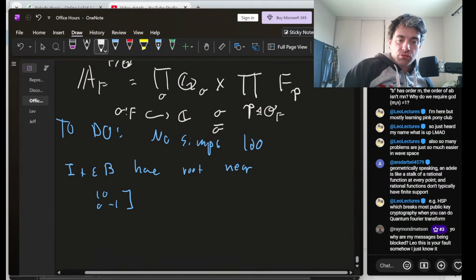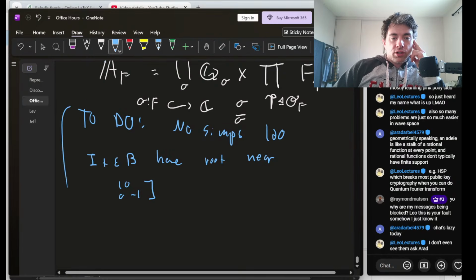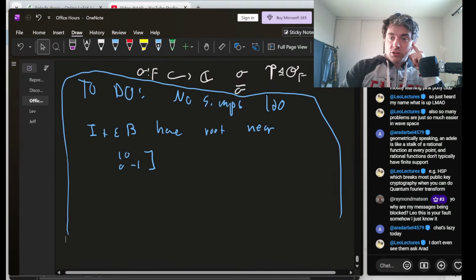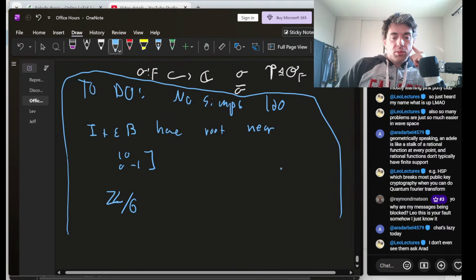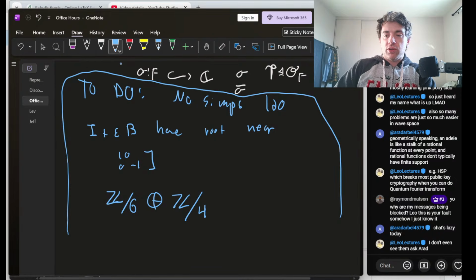Good question, Russ. Well, there's a couple other questions here first, and I feel like I should actually go right away. But how about this? I would encourage you to consider an example. So look at the group Z mod 6 direct sum Z mod 10. Or maybe an easier example, just to make it smaller: look at the group Z mod 6 direct sum Z mod 4.